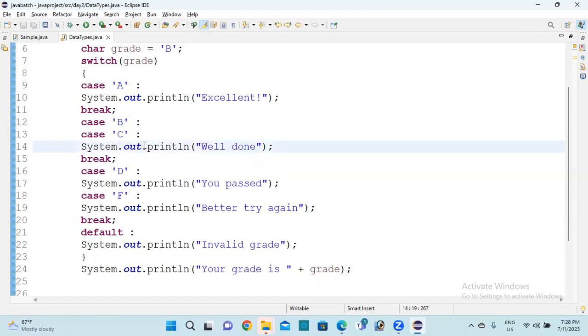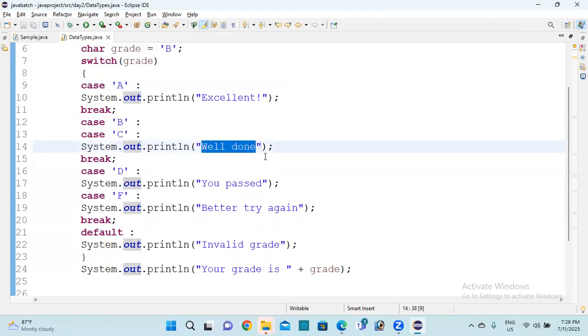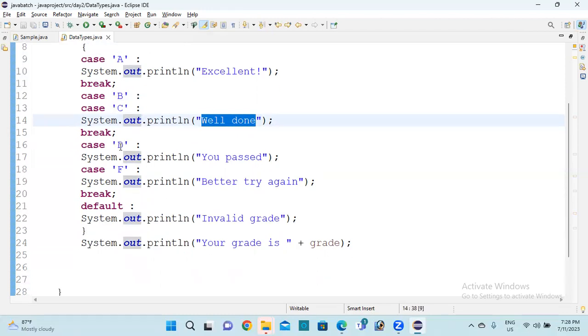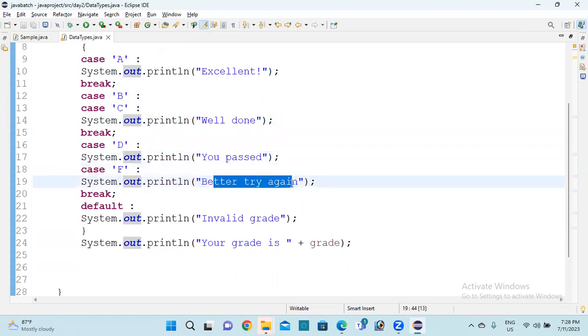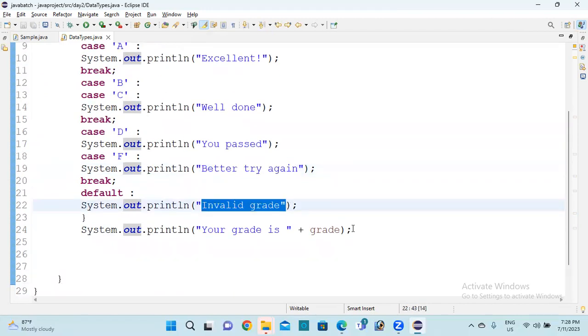So it means when you are getting case A, excellent, your job is good. When you are getting case B, C, you are well done. It is like your grades, GPA, SGPA, A grade, B grade. When you are getting D, you have just passed, or when you are getting a better one, try again. Suppose if you are entering any other input, it is showing invalid grade, and after that,